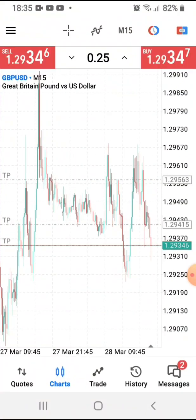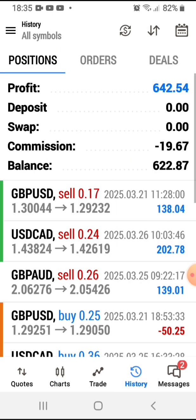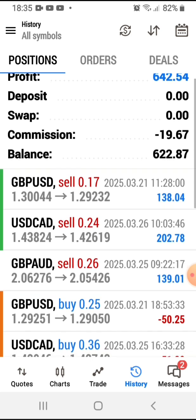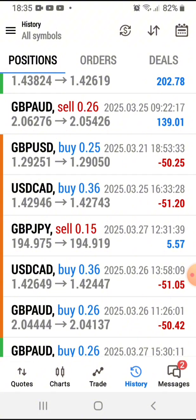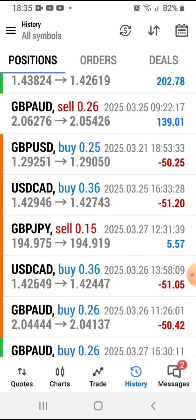So right now I'm in my MT5. I'll just go to history here, and I'll look for this trade. This trade closed on the 27th. GBP JPY, here's the trade here. This is the trade. I took this trade on the 25th, and it closed on the 27th. So I closed this trade in a little profit of